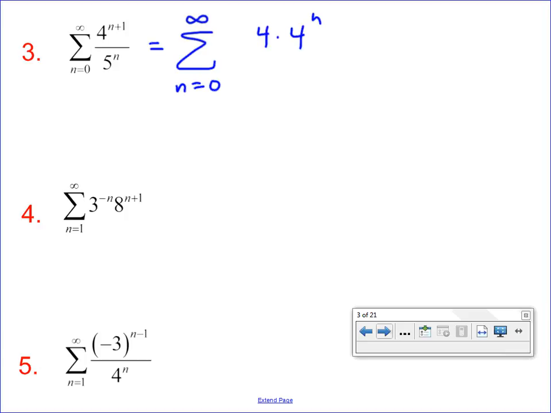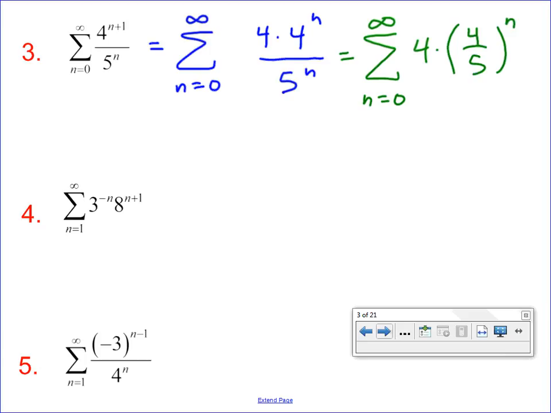Isn't that 4 to the n plus 1? We've got one more multiplier of 4, so that's 4 to the first times 4 to the n. By doing that, I've created the same exponent on my 4 and my 5. Does everybody see that? So that I can rewrite that as 4/5 to the n. And that's helpful because now we'll be able to determine what kind of series this is. So n equals 0 to infinity of, group that 4 out front,